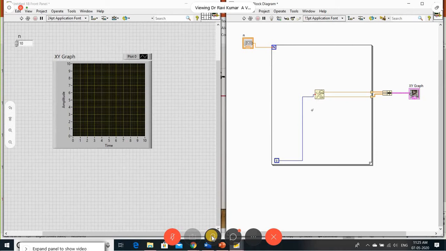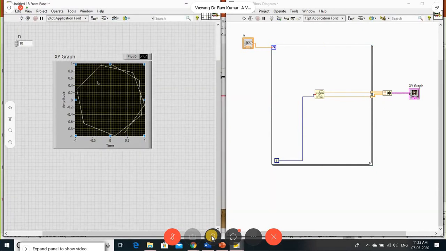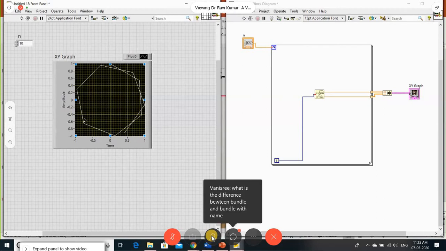Clear? So sine of x, cos of x, where i should be 0 to n minus 1, is going to be taken and plotted. Let me run this. You can see the values of sine and cos merge and are plotted with respect to XY. In control systems, you can generate a circle or pyramid or something like that using sine and cos waveforms. So you can use this XY graph to plot.